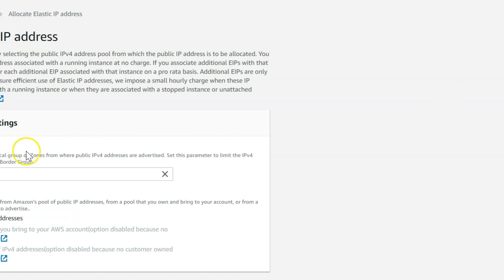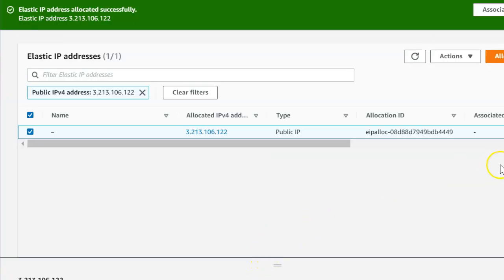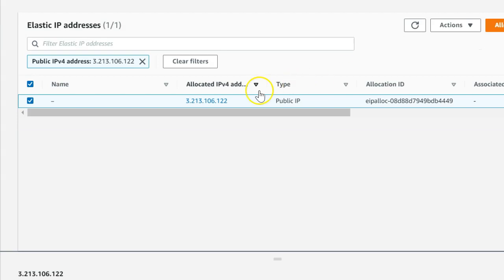Then you need to hit it here, and it's saying Amazon's pool of IP addresses. Okay, that's fine. Then click on the Allocate button here, and AWS is going to allocate this IP address into your region, the North Virginia region, and you can see this IP address here.